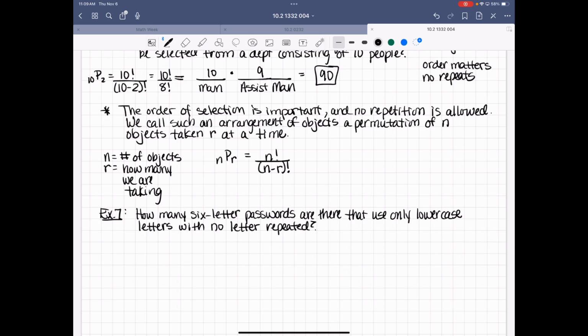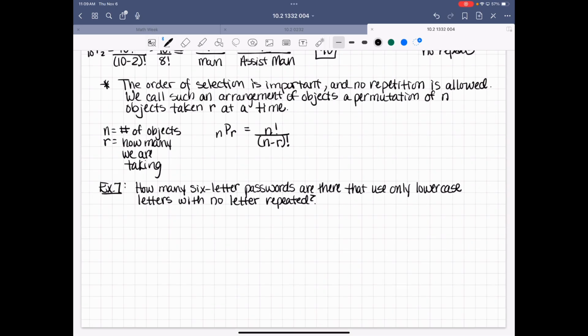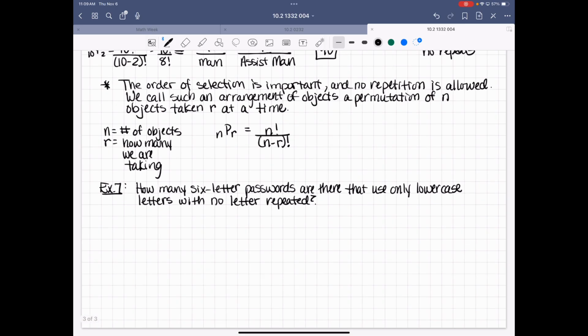Okay? How many 6-letter passwords are there that use only lowercase letters with no letter repeated? Okay, so the first thing we need to do is make sure this is a permutation. Nobody's repeating, and order does matter because it's a password, right? So the order of the letters does matter. A, B, C, D is not the same thing as B, A, C, D, right? Okay, so order matters and we're not repeating, so we can use our formula up here, our nPr, but we